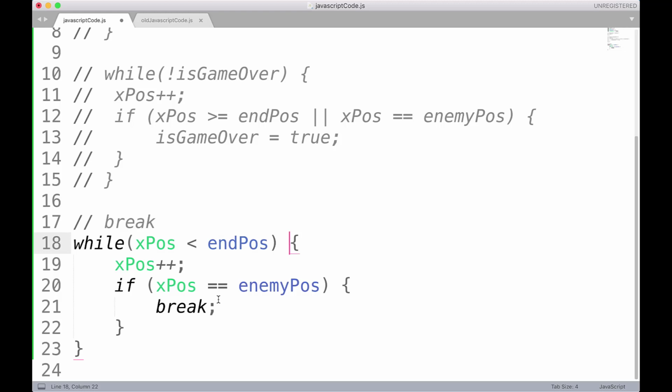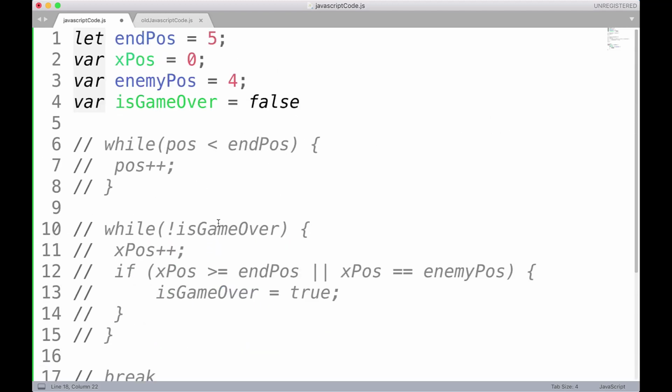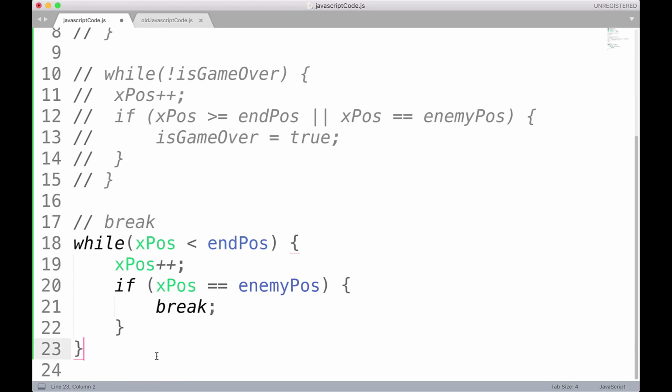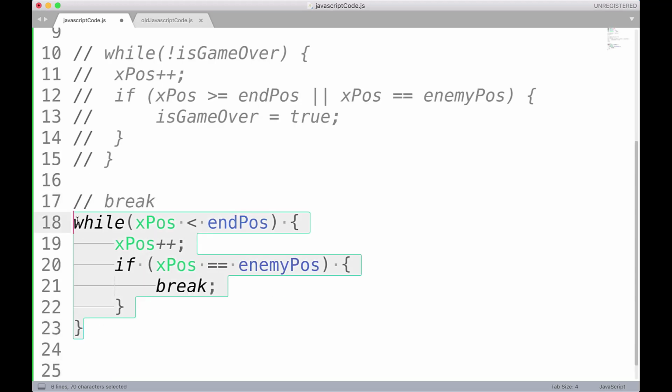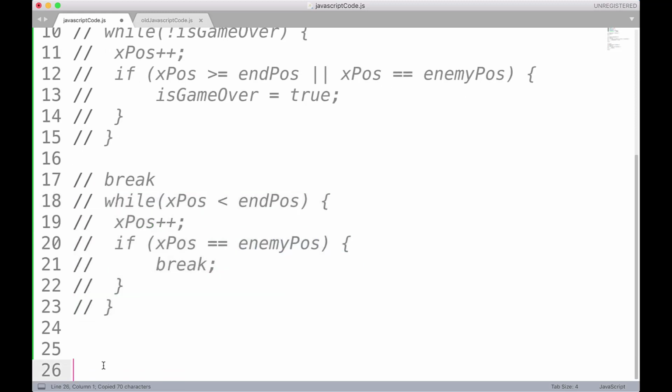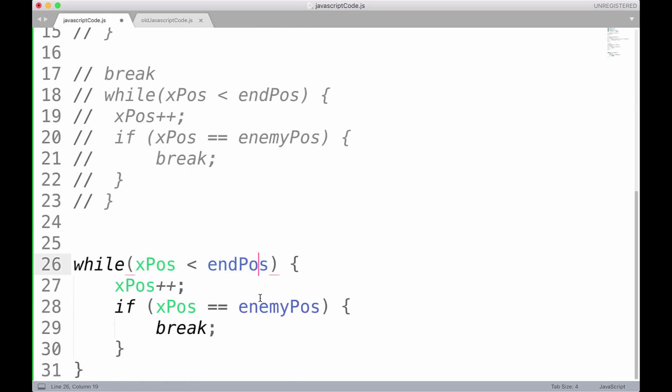The continue statement, on the other hand, helps us to skip a loop iteration. So let's say for whatever reason, we want to skip a loop iteration when something happens. Let's say we now have an end position of 10, okay? And what we want to do is continue to move forwards, and we want to skip every odd number. So what we can do is we'll just copy this and comment it out, okay? We can say something like, well, x position is less than our end position, that's fine. We'll still increase x position by 1, but what we're going to do is we're going to skip every odd